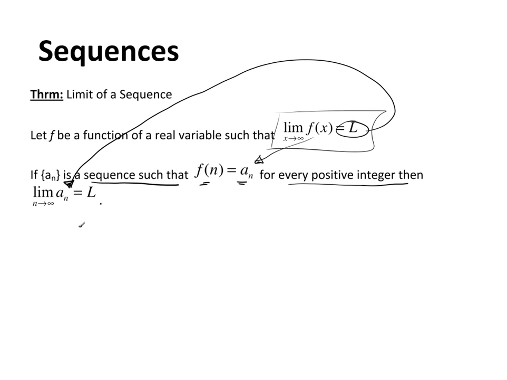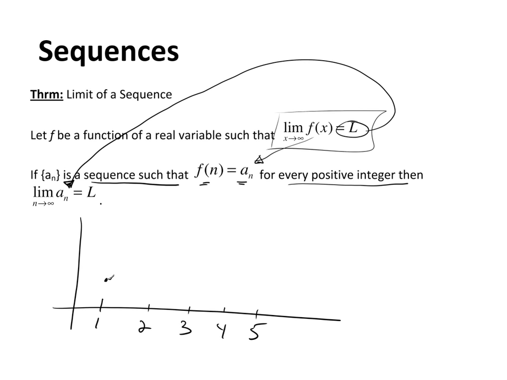Now, essentially what we're doing is, let's just suppose that an looks like this. So you have 1, 2, 3, 4, 5. Okay, let's just say that an looks something like this. And asymptotically, this is going to converge to some value, which I'm going to call L. So this is the line y equals L. What we're actually doing is saying, hey, look, the idea of a limit we really want a continuous function on. So I'm going to take f of x, and I don't care what f of x does over here. The point is, when I hit here, f of x will overlap an at every point.